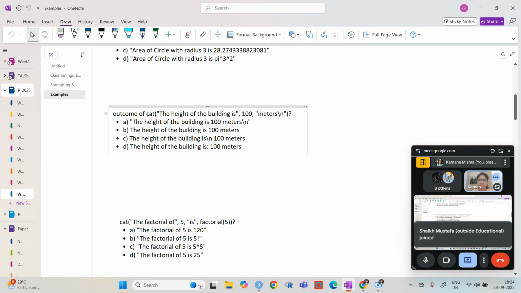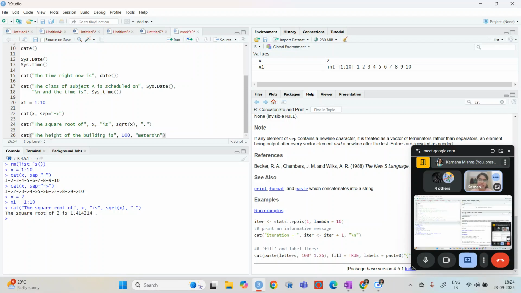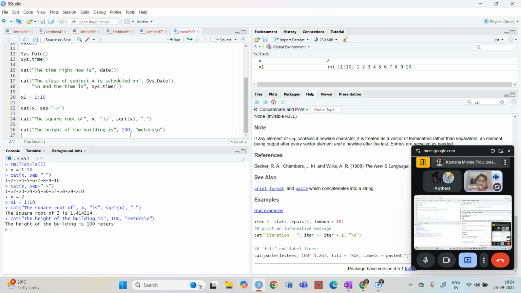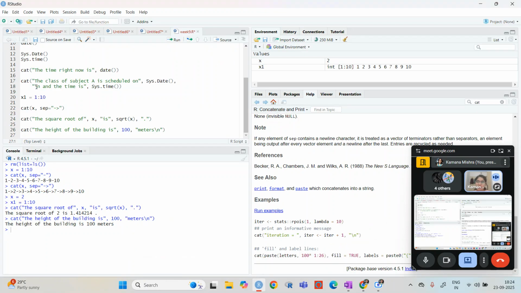Let's just do this. Slash n we have just seen, even if we use slash n here, then also it will work like this. So basically, if you have slash n here, you can see that even if I'm giving it in one go, inside one inverted comma, it will still change the line.